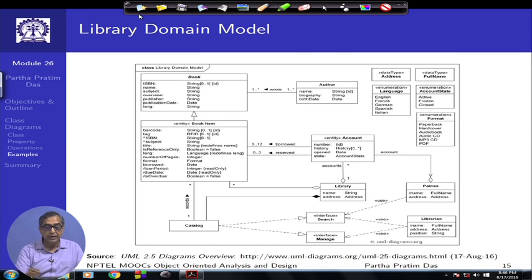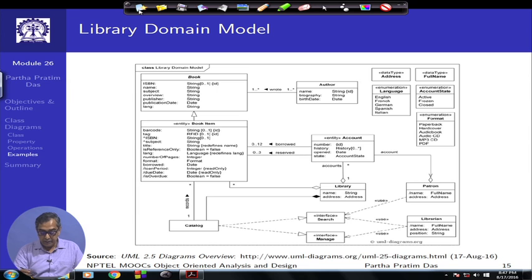You can see that this is in a sense a little bit simplified model, because we are talking about the domain. For example, it is not showing the visibility specification for these different attributes, because that will get decided based on getting all the different classes together, and when we go towards actual implementation, then we can decide what are the properties that we want to hide, what are the properties that should be publicly available, and so on. So, here since we are just capturing from the domain, we have not yet done that exercise. So, you do not see the visibility